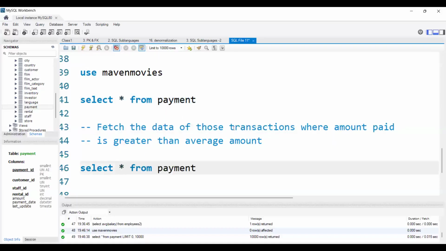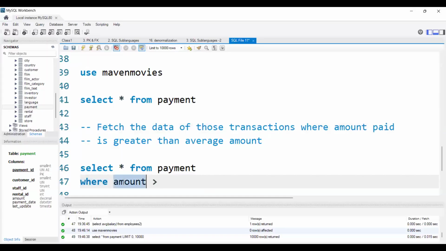From the payment table only we will get all the transactions. I'm saying where amount paid, so I'm using amount greater than, this is by using the where clause. I'm writing one condition, giving one column and using one operator to compare. Next I'm saying average amount, in the sense, directly what I will do is open